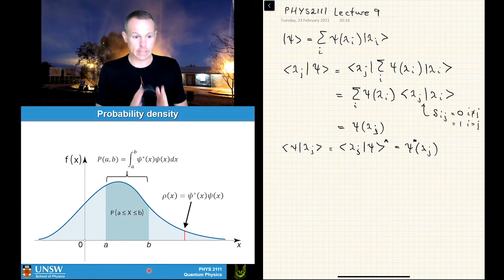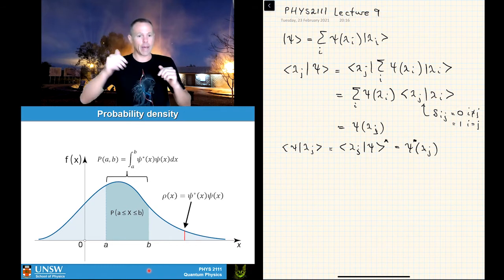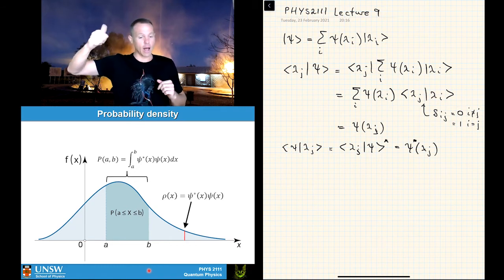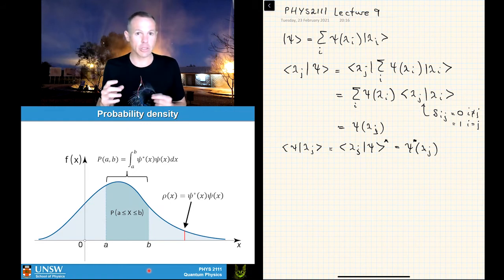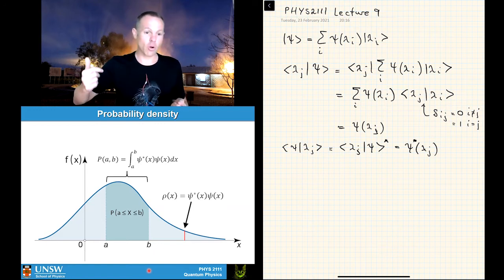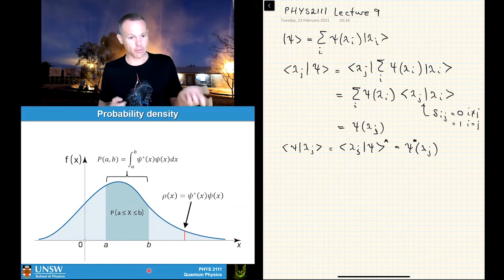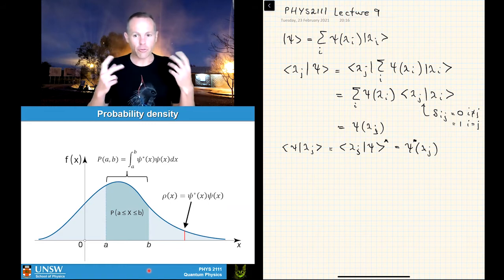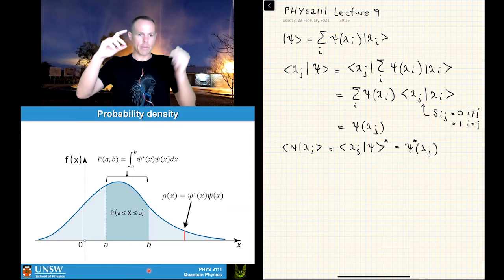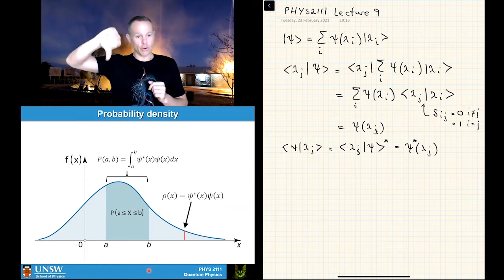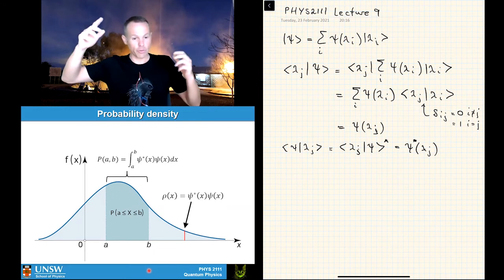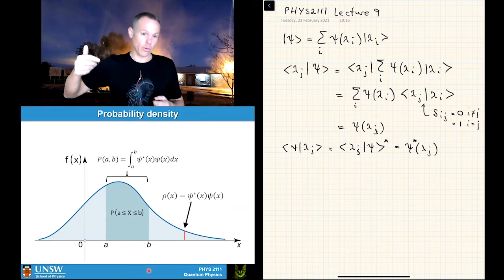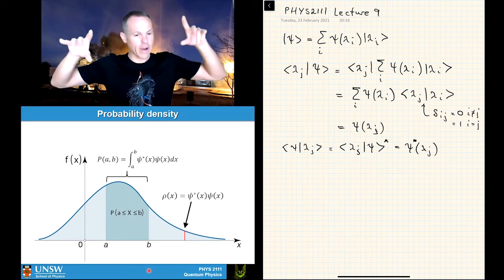Okay, so probability density. If you imagine back to spin up, spin down, we had a probability of half and a probability of half. And I always like to come in through that direction simply because probability is easier to think about. You're kind of used to the idea that if you have a coin, it's a 50% chance of getting heads and a 50% chance of getting tails. If you now go to a spin 1 system, you could imagine it might be a third and a third and a third or something like that. If you've got a spin 3/2 system with 4 possible states, it might be a quarter and a quarter and a quarter, but all the way you're dealing with fractions, right?